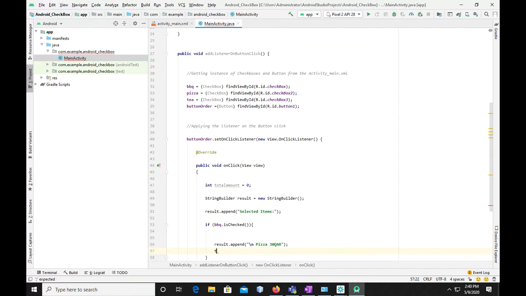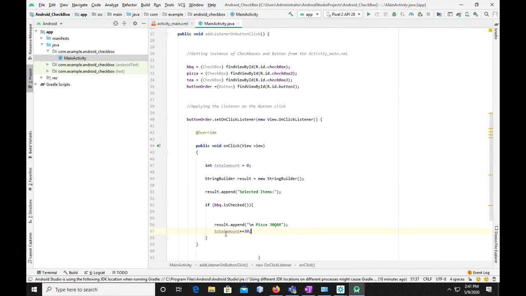So total amount plus equal to 30. That's it. That was the first if clause. Then for the next thing, which is